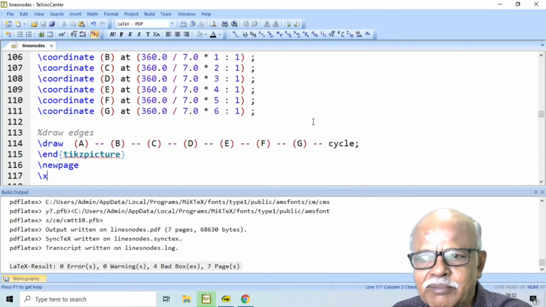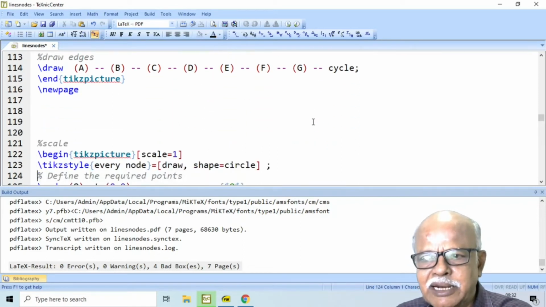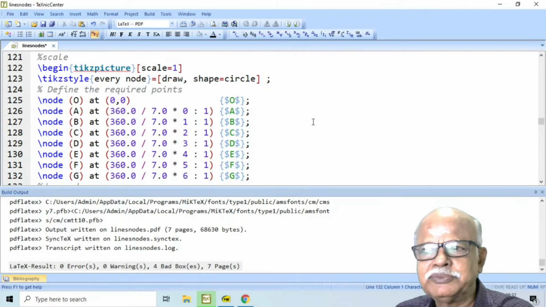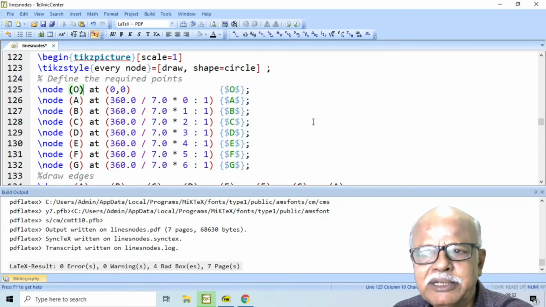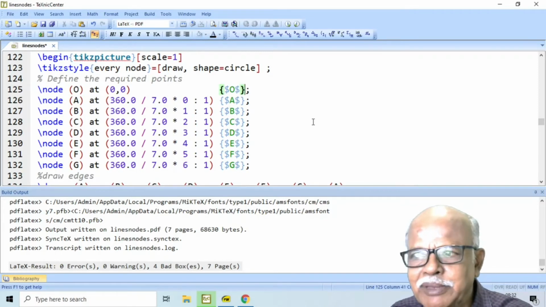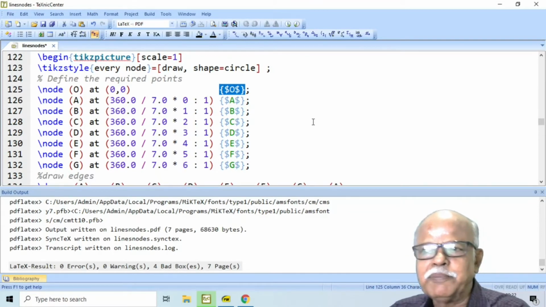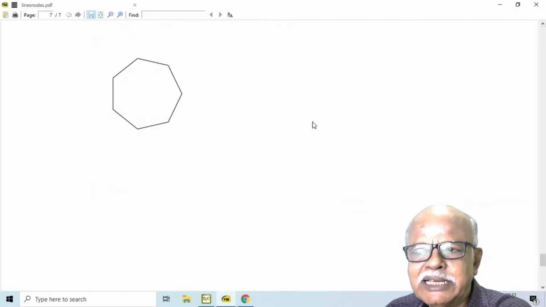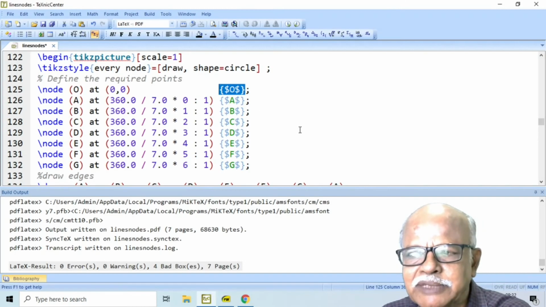Again, let us now use the nodes. In the similar case, if you use a node instead of a point, you can have this name as well as this label. Now, in the previous case, we have not given any label for these points, but with the nodes, we can give a name like this.